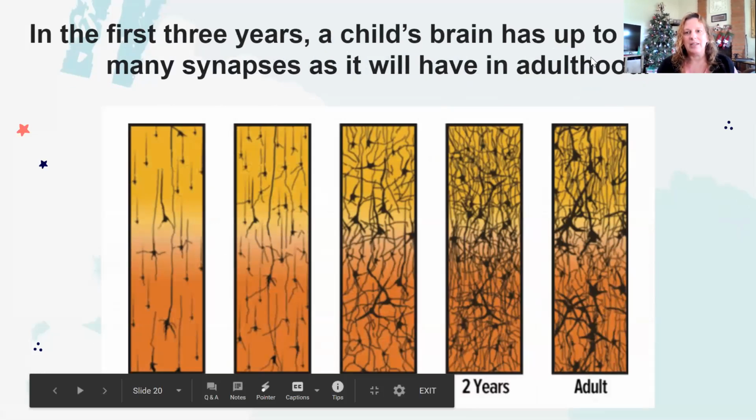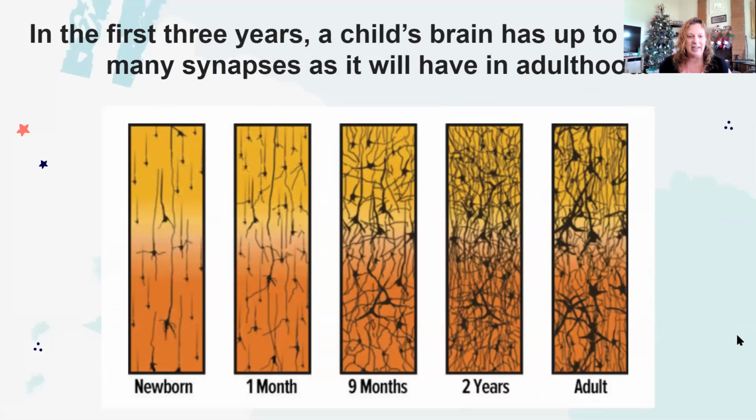This next slide I really like to show to our parents because it shows the difference in the activity in the brain in the very earliest of years. In a newborn, you see there are dark spots. Those are what we call synapses, where information is triggered into the brain. If you go ahead to the 9-month-old, there's a huge difference in the activity now happening. And if you look at a 2-year-old, this is where that 85% came in. The 2-year-old's brain is completely active and it's wanting to be fed.